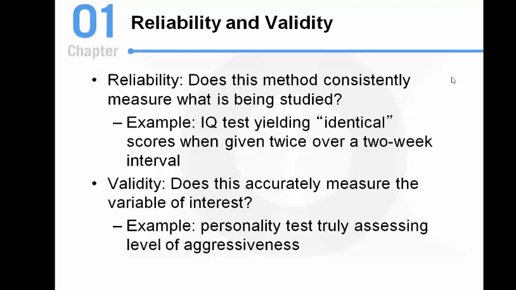If I step on my scale and it says I weigh 1,000 pounds, this is an online class. You can't see me right now, but I don't weigh 1,000 pounds. But if I stepped on my scale and it said I weighed 1,000 pounds, and I stepped off, I step back on my scale, it says 1,000 pounds. It's reliable, but it's reliably wrong, and that's not helpful. That's misleading. So we also need something that is accurately measuring what it's supposed to be measuring, which means that